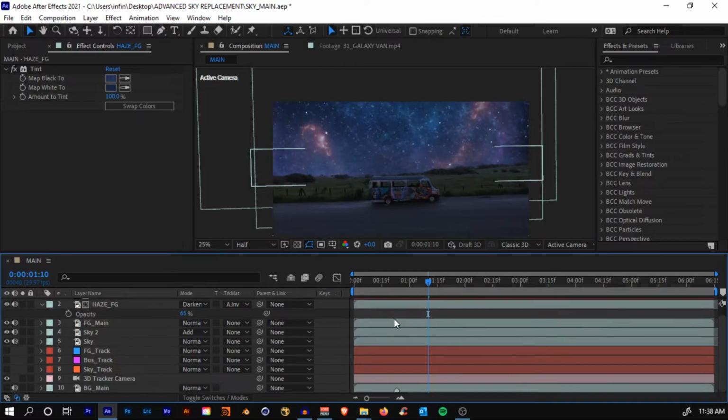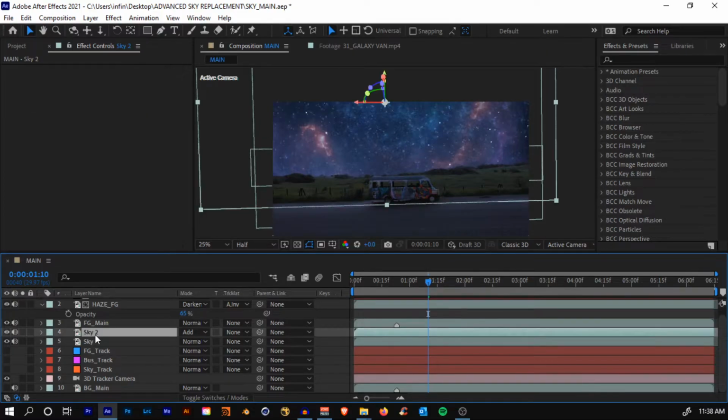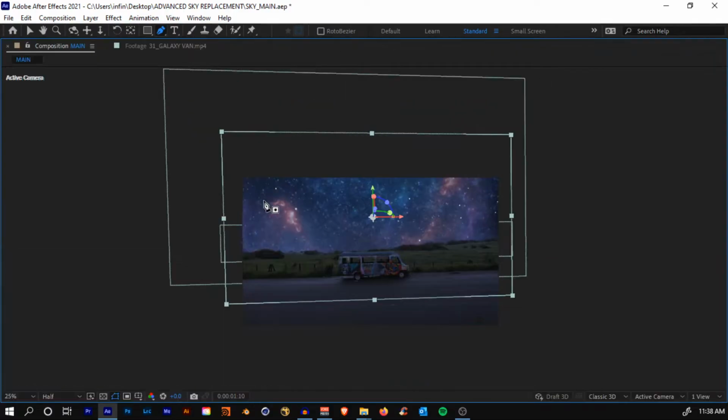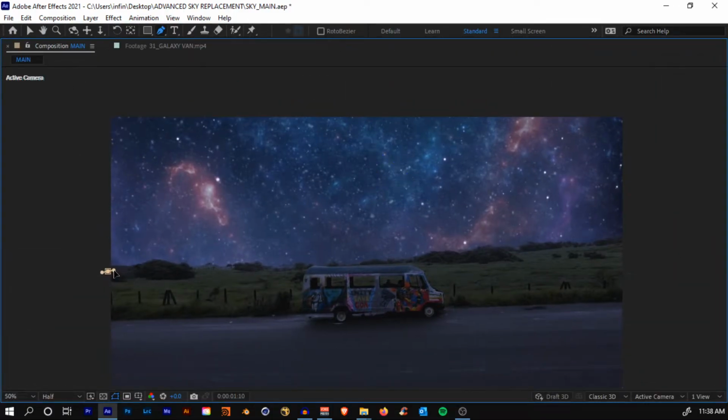And also what I had done is, if you select the sky layer and select the pen tool, and just draw a mask. Yeah, like that, a very rough mask.